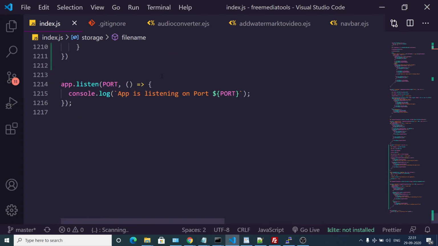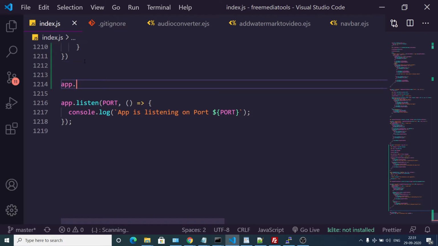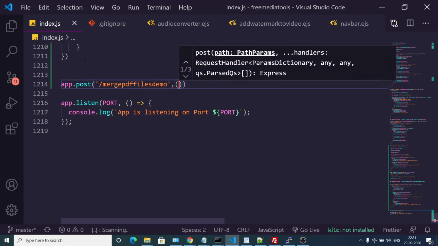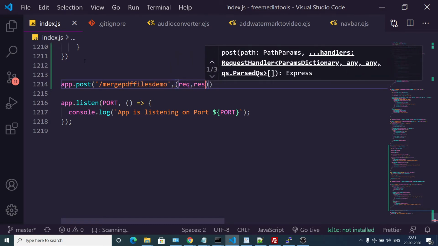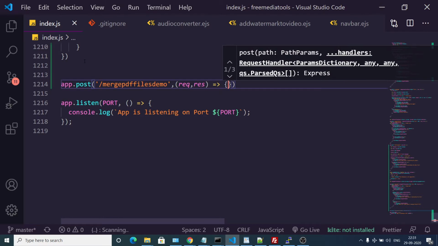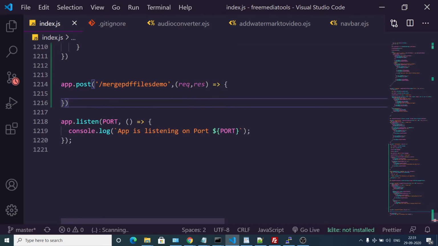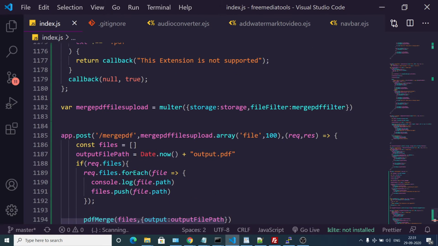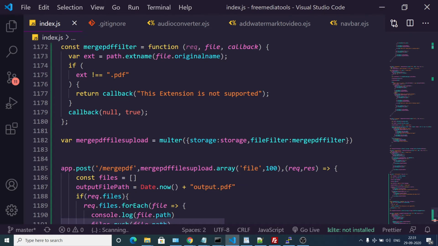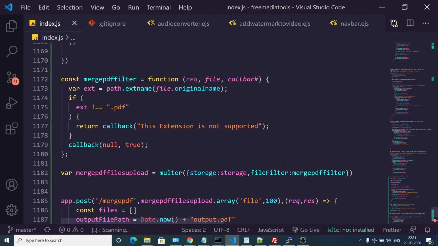Now to make this post request, we will go to the bottom and write app.post. The endpoint is merge PDF files demo, with request and response. The first thing that we need to do is create the Multer. We can use this filter here which will only allow PDF files to be uploaded.